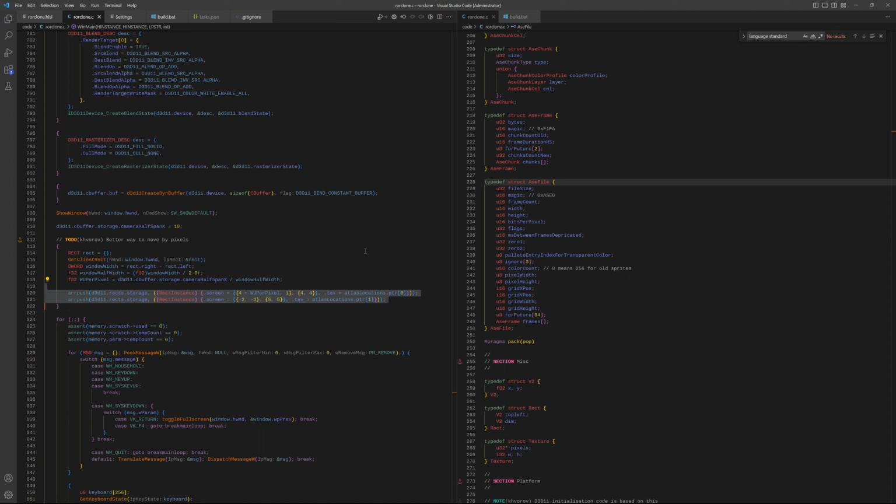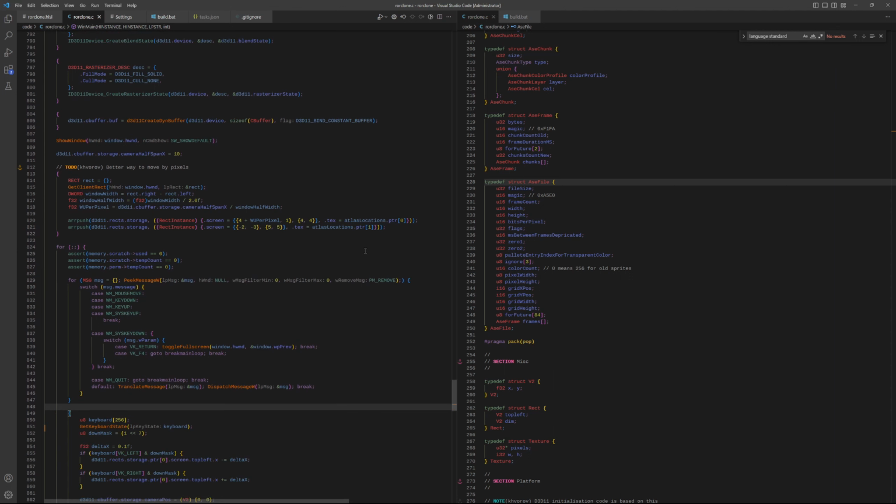Certainly. Because right now, what's happening here? We're just pushing a rectangle. We're just saying where it is and where the textures are. We have no way to identify the textures. We're just saying, well, this is the first one, this is the second one. So if we swap these around, we're gonna be controlling